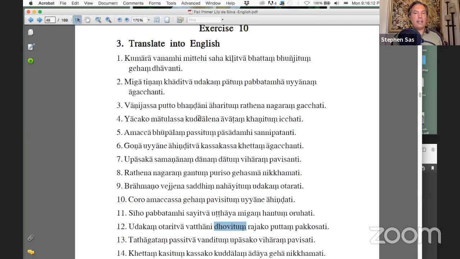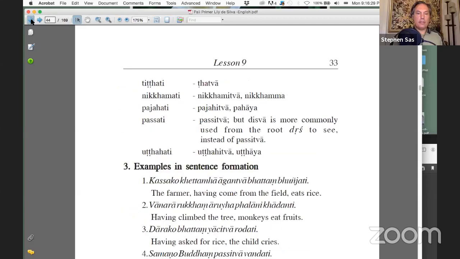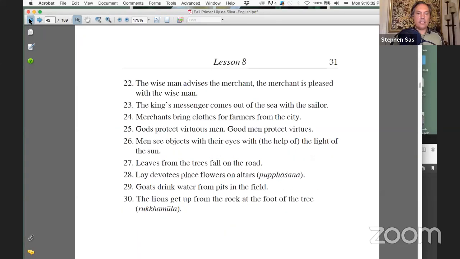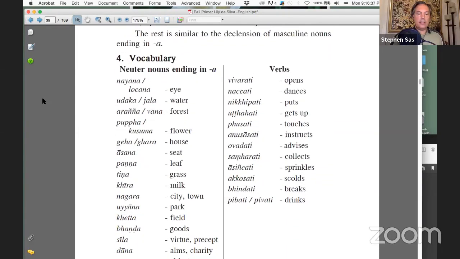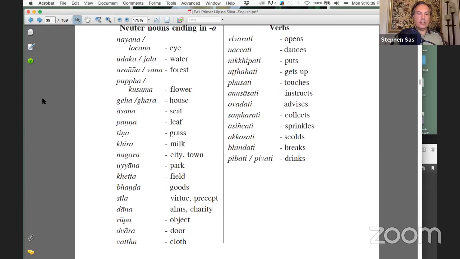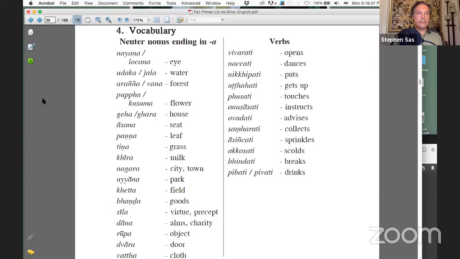I thought uyanang is accusative, plural. No. Dative. No, it should be... It's a neuter noun, I believe, and it's found in the accusative singular case. Singular. Yeah, the park. One park. Trying to find it for us. Yeah, because generally verbs of motion take the accusative, not dative. Oh, instead of dative, it is accusative.